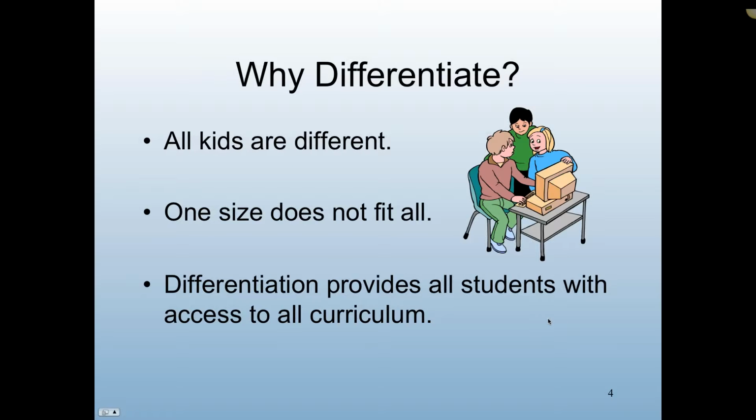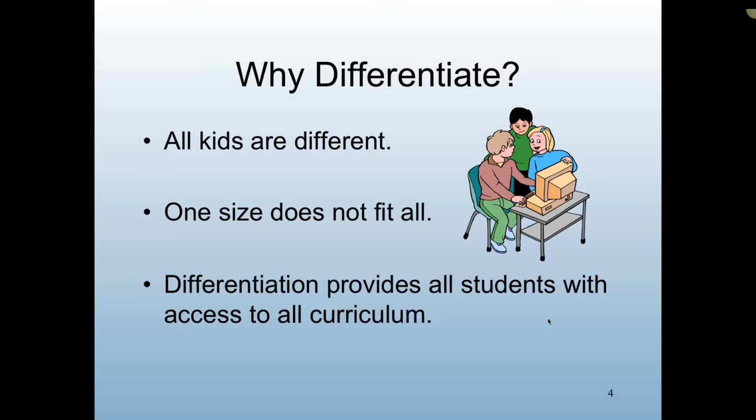So, why do we differentiate? Well, we know that kids are different, right? We can look at our classrooms and we see not only kids from different cultures, kids with different languages, kids with different ability levels, kids with different learning styles, different learning problems. We know one size just does not fit all.